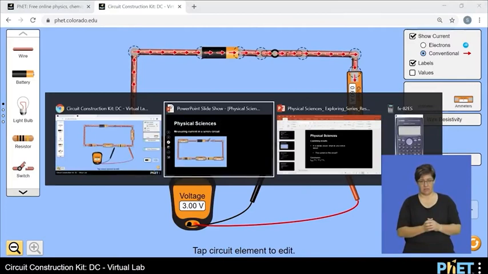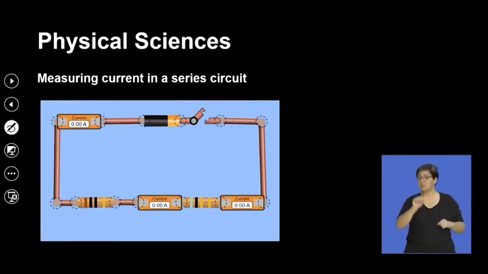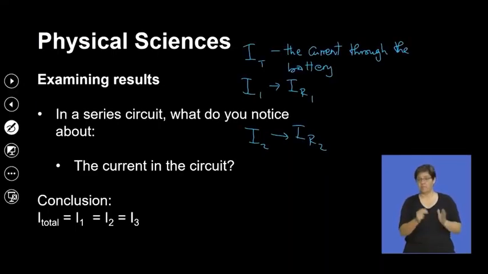So if we agree on that notation, in conclusion I total is equal to the current through resistor 1, which is equal to the current through resistor 2. So for n resistors connected in series, the total current is equal to the current that goes through each of those resistors. Hence we're saying that in a series circuit,